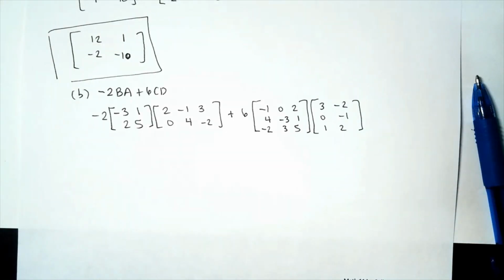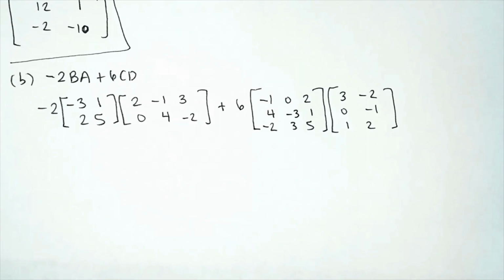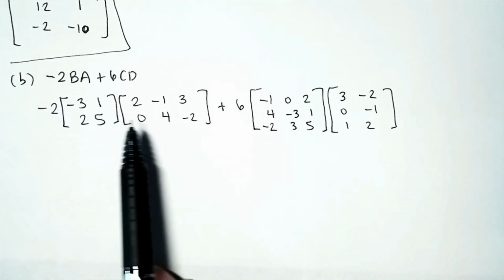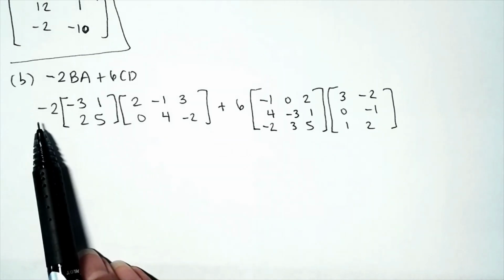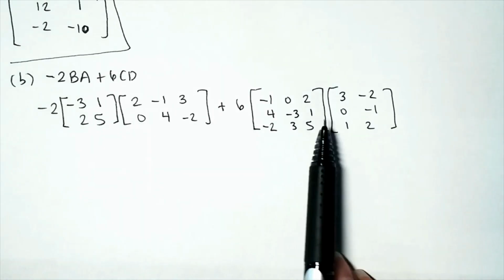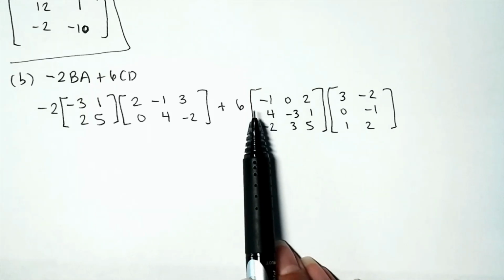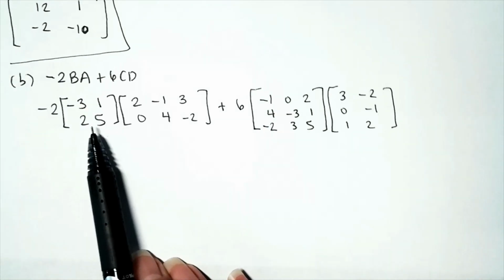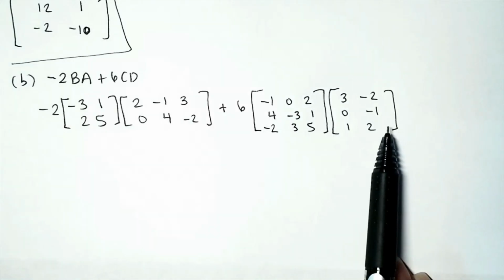Fantastic. So in this problem, we are asked to multiply the matrices. The first product, multiply, and then multiply the product by negative 2. Find the next product, multiply it by 6, and then add our results. But first, let's see if the products are defined, and then if so, let's see if